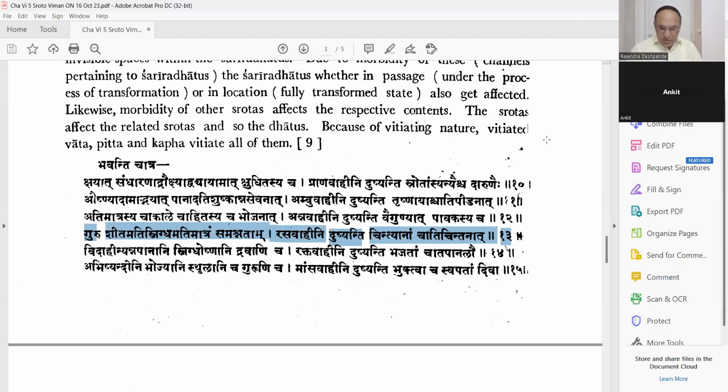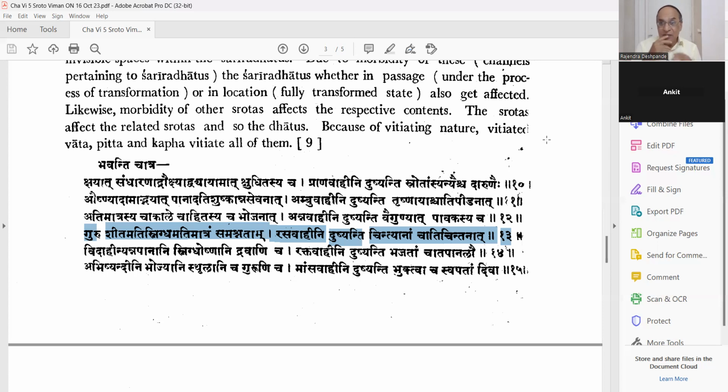If you eat, shita is totally opposite to fire. The agni will be destroyed. Agni mandya will take place. If you eat a lot of frozen items all the time, Ayurveda says ushnam ashniyat. And here what is the patient doing? Always eating stale food, not freshly cooked food. Never eats freshly cooked home food. Always going to the hotel and whatever he gets, it may be sandwiches. Can you see how the cold and rough sandwiches are there? That is not the proper way of eating.